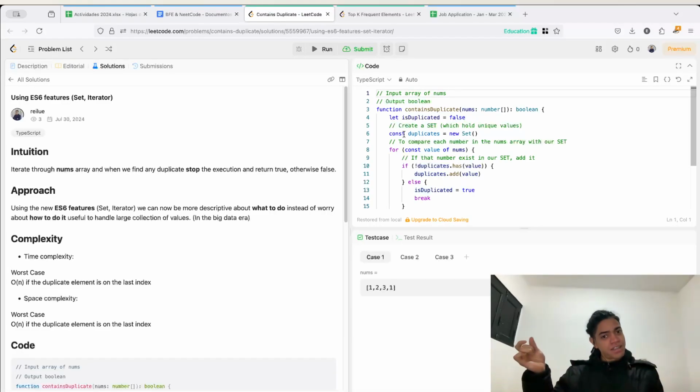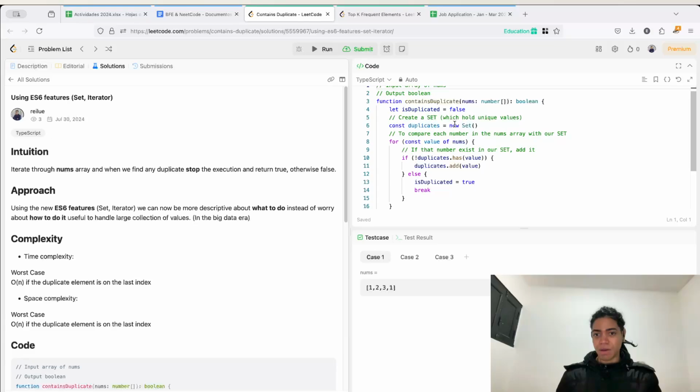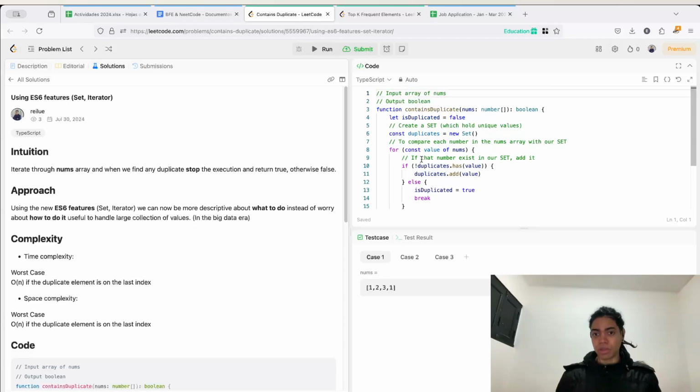As long as we get this collection of elements as numbers, we can identify, by creating a set, which ones are already in our collection. Another more interesting and faster way is to pass this array as an iterable, because at the end of the day, a set